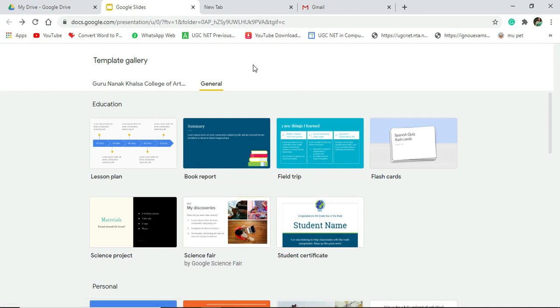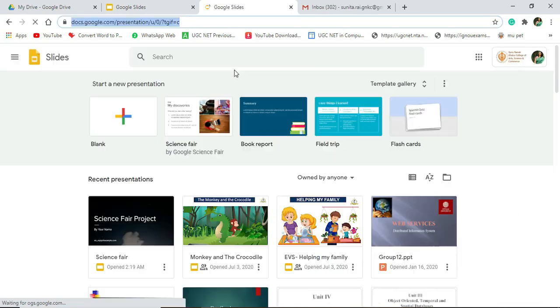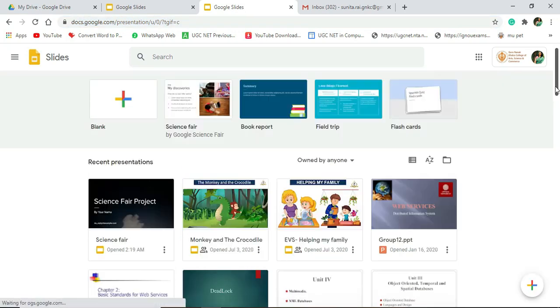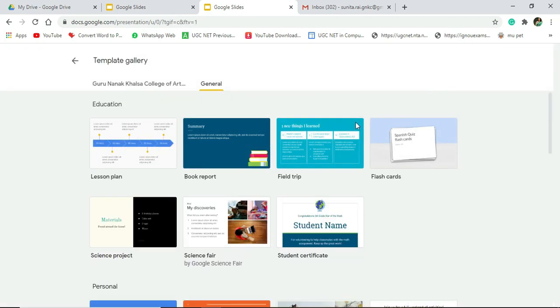Let me show you another way of creating Google Slides. After logging in to your account, you can go to the Google Apps tab and click on Slides. Now you can see I'm getting the same page as when I clicked on Google Drive, Google Slides and template. So again we have the same thing available over here. This is my already available presentation which I have made, and if you want to create a blank presentation you can go for this. If you want to create any other kind of presentation you can select from this gallery also. So these are the templates available.